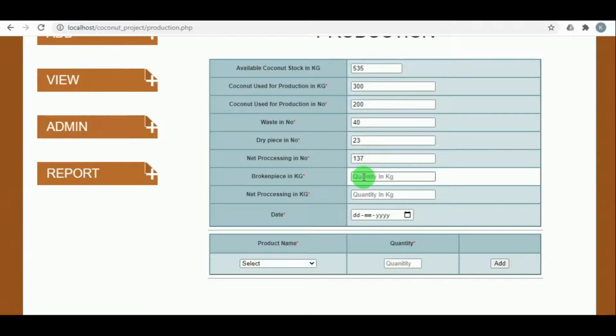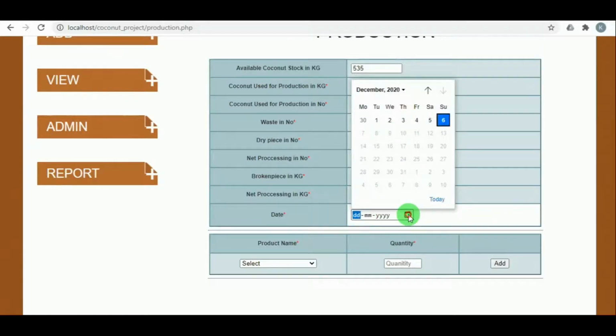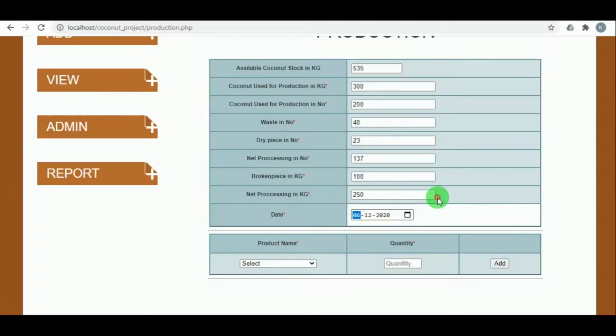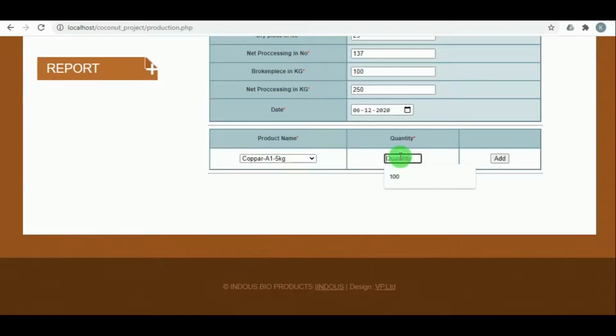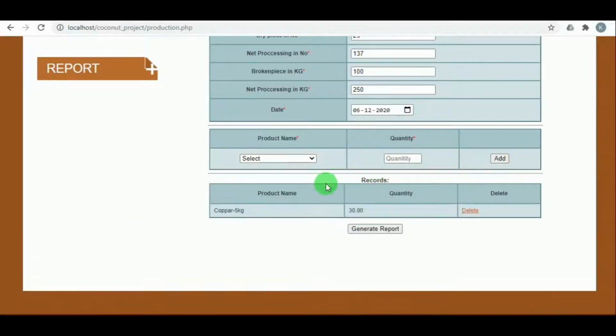And the net processing in number will be automatically generated, and broken piece in kg, so out of the coconuts how many kg of coconut is broken, and what is the net processing in kg, that must be mentioned, and the date of production must be mentioned. And then what are the products produced using all these utilities, so how much copra is produced, what is the quantity of copra produced, what is the quantity of oil produced,